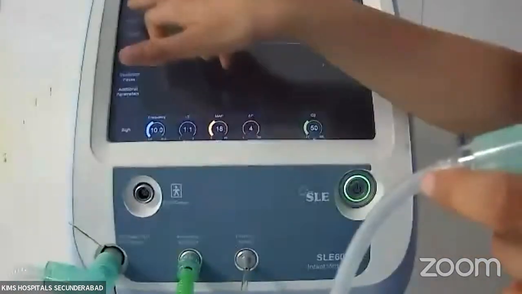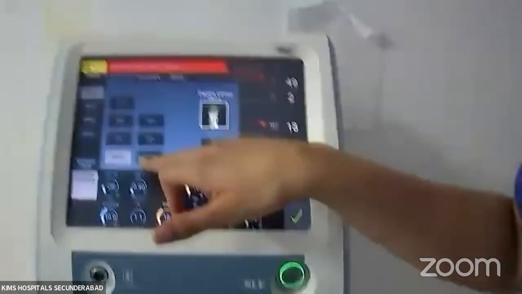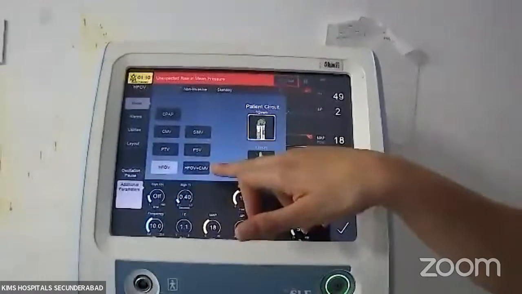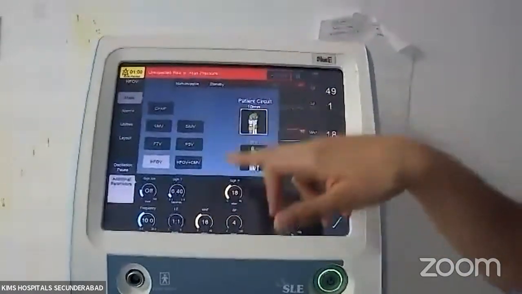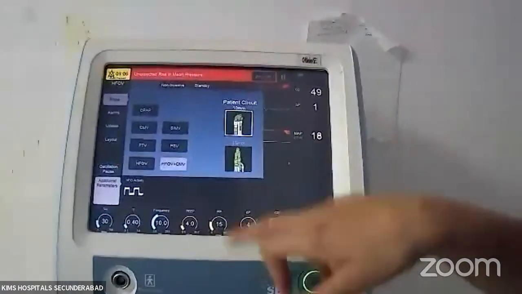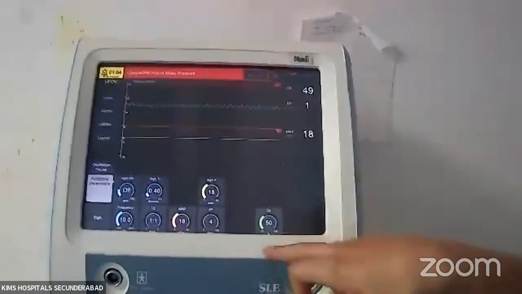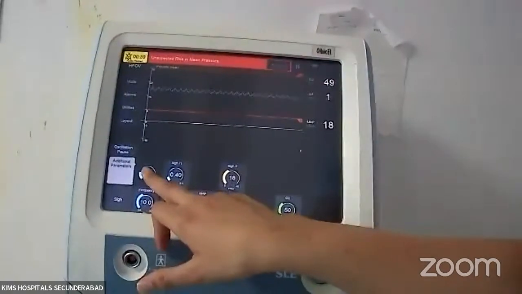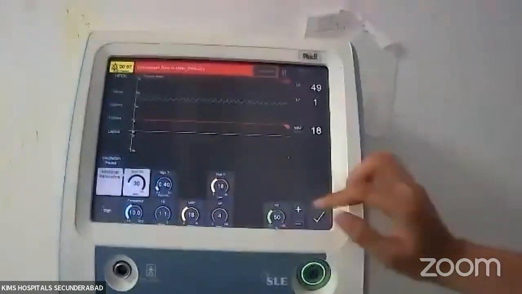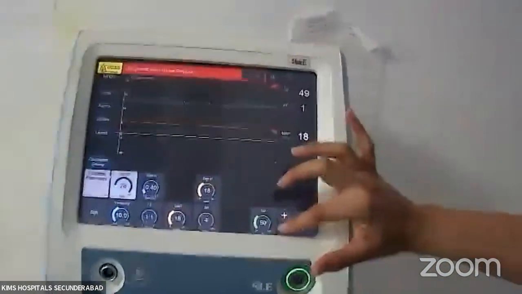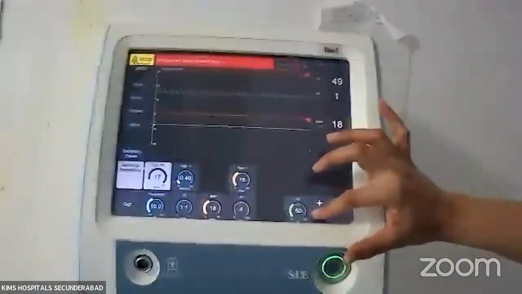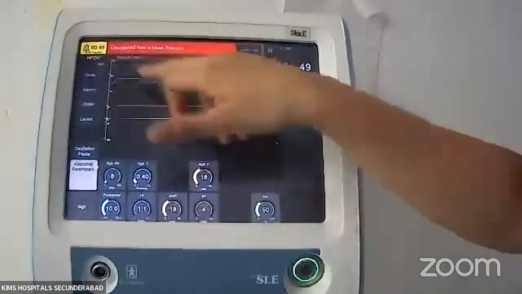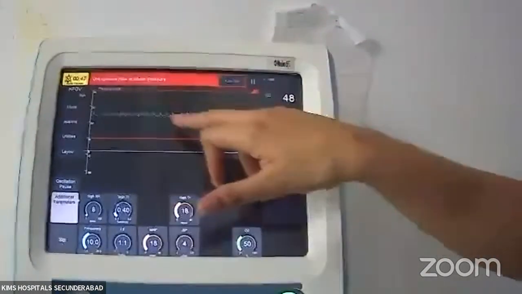Now, once you start, you will be given the option of selecting either high frequency ventilation or high frequency with CMV. If it is added with CMV, we can also set a few sigh breaths. So once you choose the option of CMV, the ventilator will ask you how many sigh breaths you want to deliver. Typically, we keep around 6 to 10 sigh breaths until we have reached the optimal lung recruitment. So sigh breaths are, as you can see here, intermittent